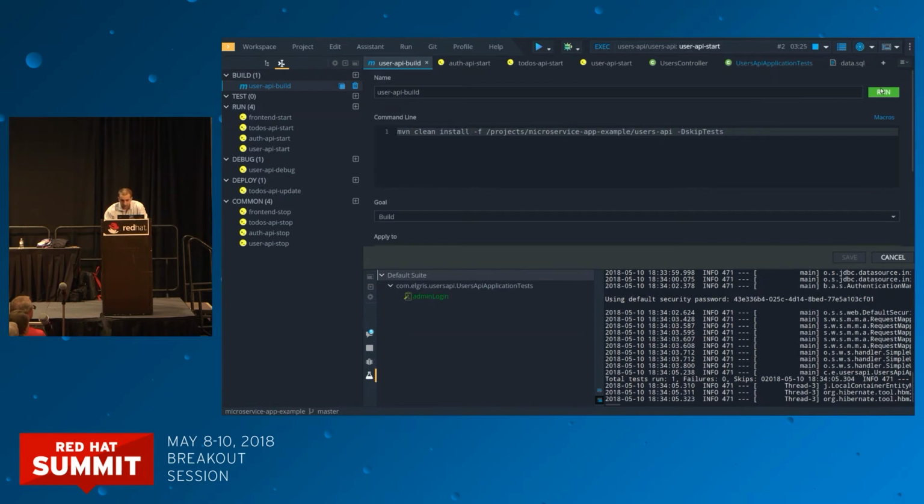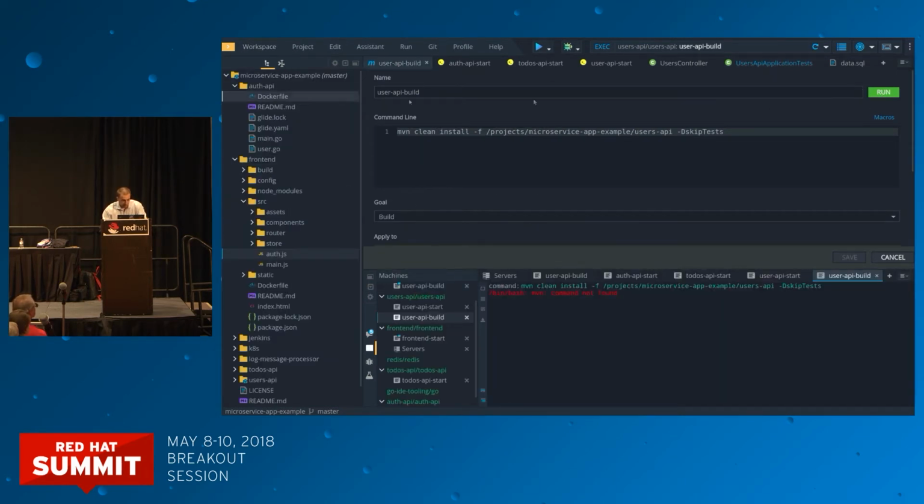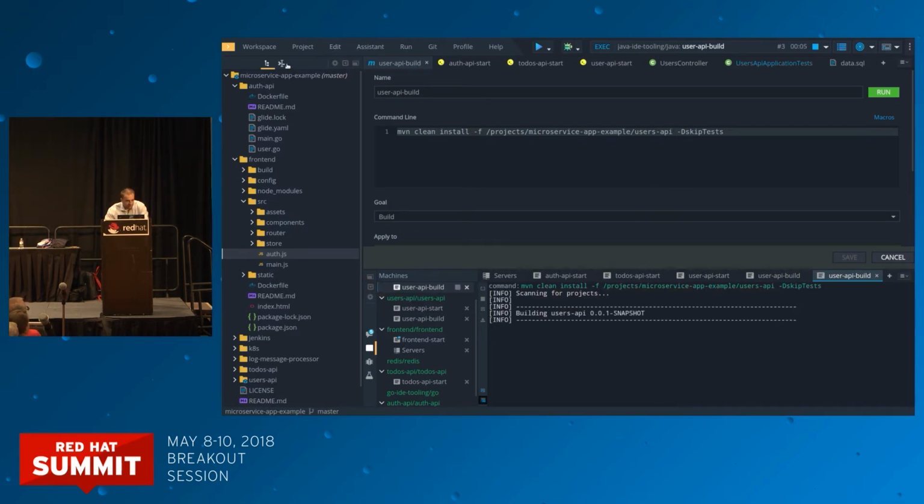rebuild the app. So you see that I accidentally ran the build command in the container, in the Java container. And it doesn't work because Maven is not there. I cannot build. I do not need to drag Maven into my application. I need it only for build. So I need to run it in the Java IDE tooling. So while the build is going,